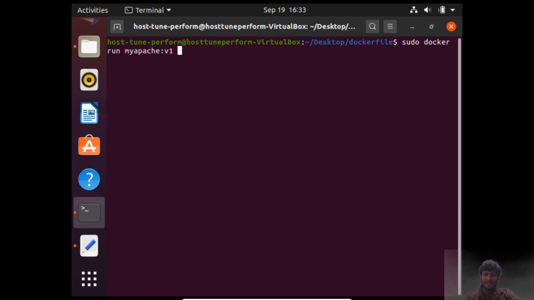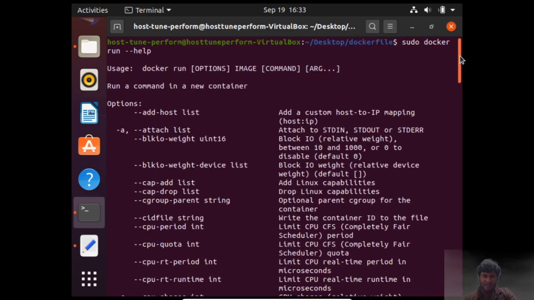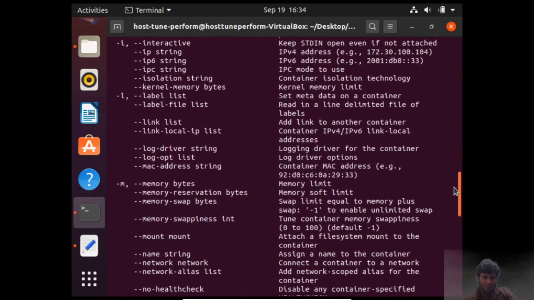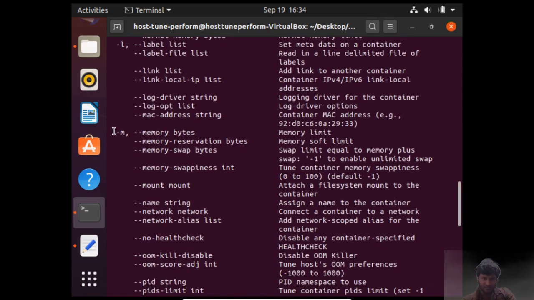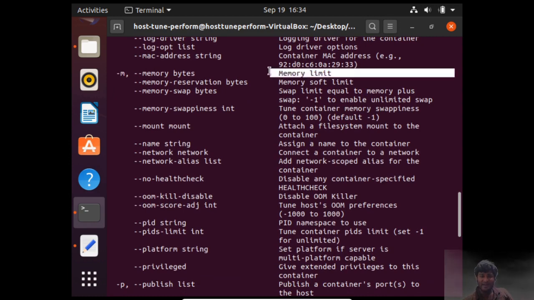So I am just running this container, and before running this container, let us see the help of run. So if you see, after this run, we can add various options such as dash d, which was for detach. We just studied this. In the similar way, we have a few other options for memory. So how we can say that the maximum RAM this container can take is 2 GB, or the maximum amount of hard disk this container can take is 5 GB. This is done using dash m. So you can see which decides the memory limits.